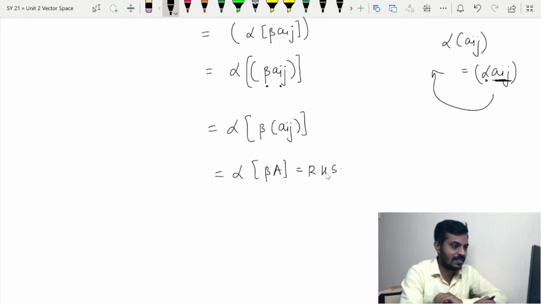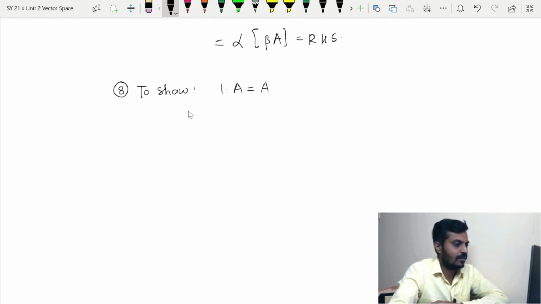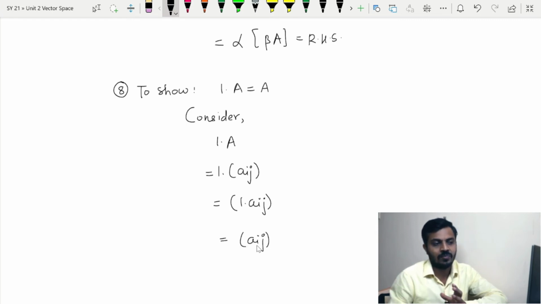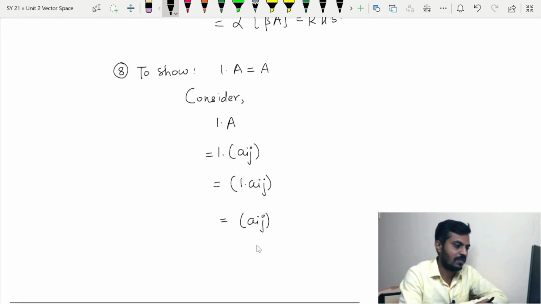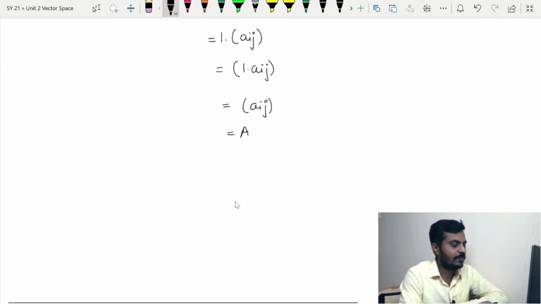Now we are left with the last property, that is the 8th one. In this property we have to show 1 multiplied by A is equal to A. This is as well very straightforward. Again I will start with 1 dot A, which is equal to 1 dot, put the value of A as a_ij. Using scalar multiplication it will be 1 multiplied by a_ij, but 1 multiplied by a_ij will be a_ij, because a real number multiplied by 1 is again the same real number, and that is nothing but A. And thus all the 8 properties have been proved